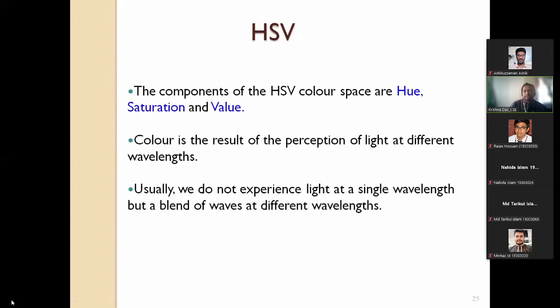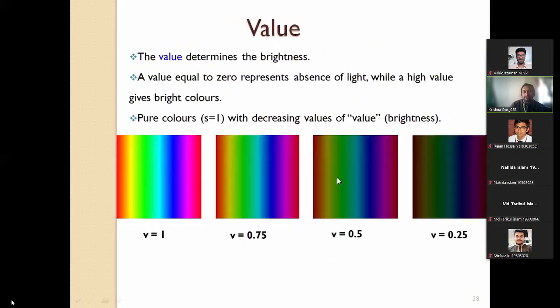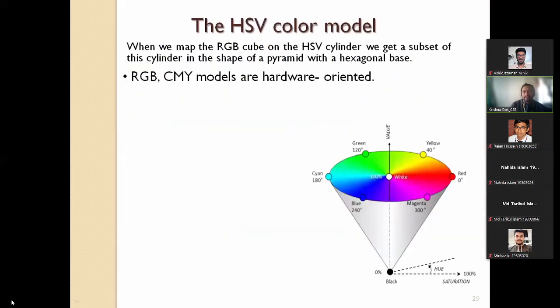User oriented, because it is about your perception of light at different wavelengths, what you can see in hue, saturation, and value or intensity of an image. You can change that with these three elements, hue, saturation, and intensity. Okay, so that's all about this color model.